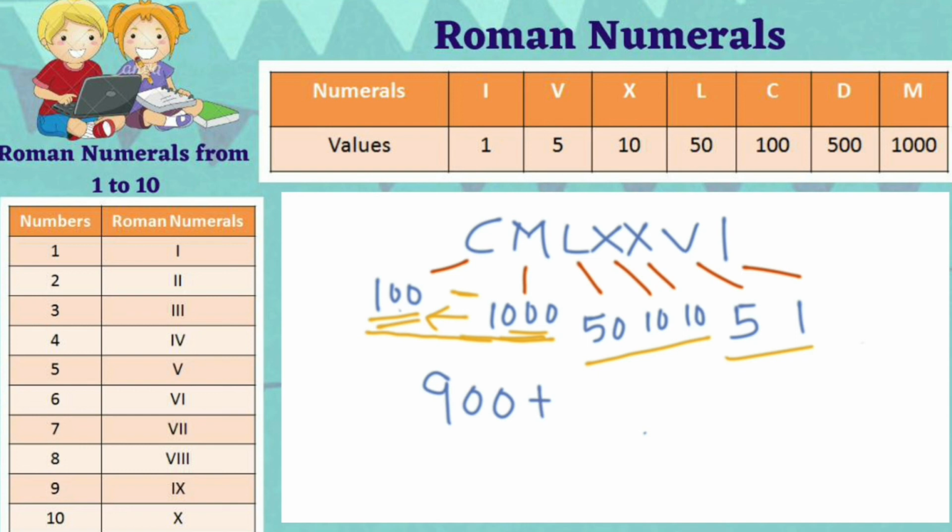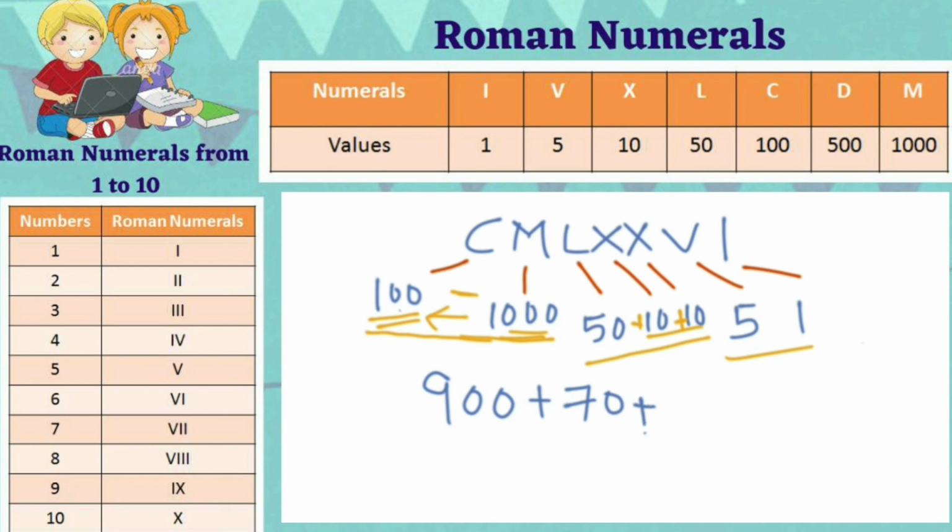Now here you can see again it is 50, 10 and 10. Here 10 and 10 are small numbers which are to the right of 50. That means you are going to carry out the calculation of addition. So it is 50 plus 10 plus 10. What is 50 plus 10 plus 10? Oh wow, it is 70. Again I'll put addition and keep it ready.